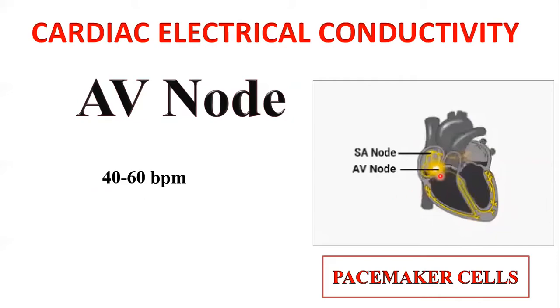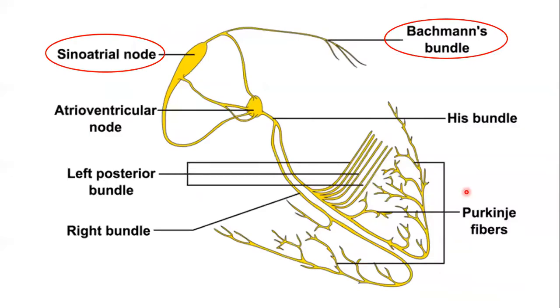So let's see this whole network of fibers, how the SA node and AV node are extended throughout the heart muscles and how they regulate the action potential and depolarization of the heart muscles. This is the whole network of nerve fibers that is expanded from the atrium into the ventricle. Let's see, first of all, the sinoatrial node, the SA node, the pacemaker cells from which the impulse originates.